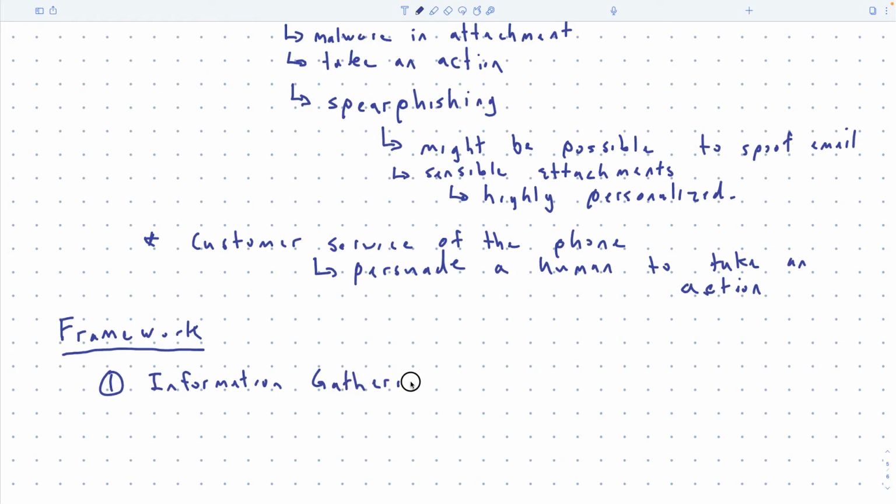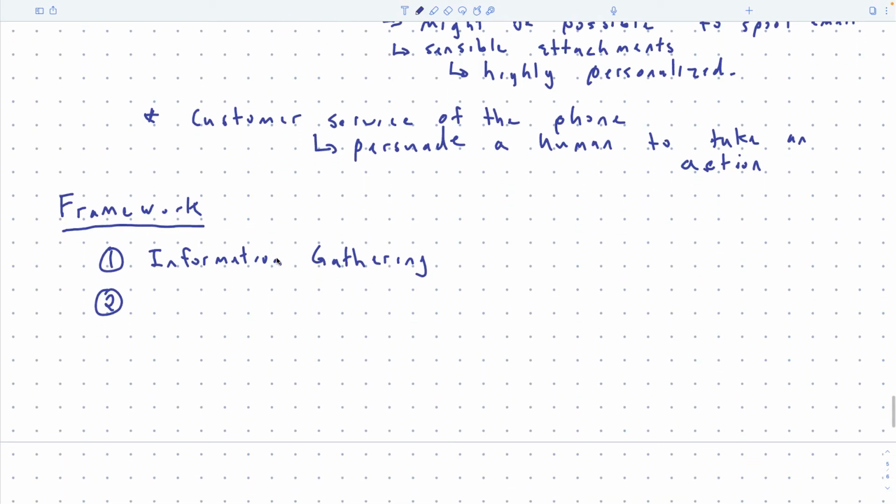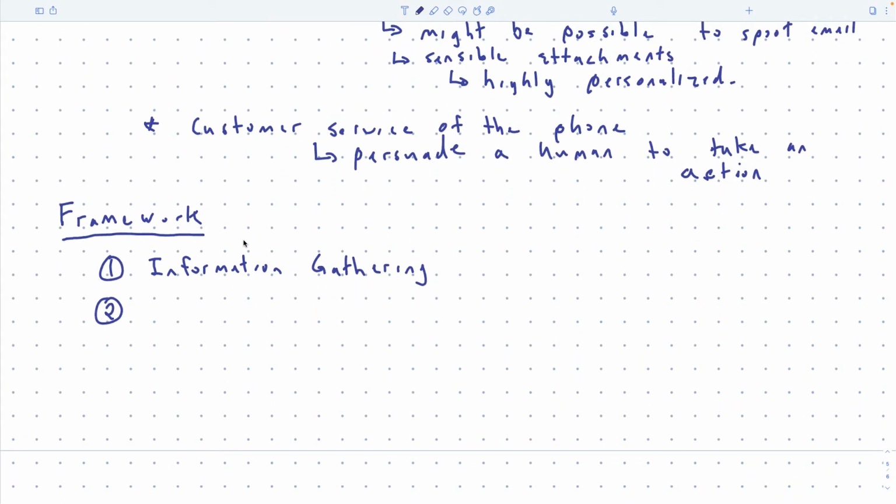So we're going to go through these in detail. I'll show you a video, and you can sort of get a feeling. We'll talk about just the video, what these 4 things mean in the context of the video, and then we'll do a deeper dive on each of them. But at a high level, information gathering would be like, if I want to send you a spear phishing email, I got to know something about you, right?